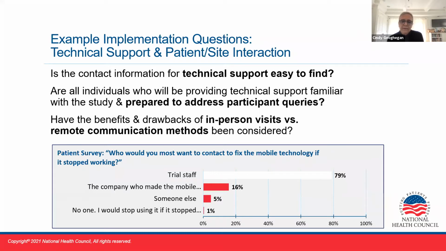And so it's important that we lay out these expectations, that they have a contact information person to find. They wanted the person available 24/7. If that's not going to be the case, we need to tell them. And we need people that are prepared to answer the participants' queries. Again, people that might understand the disease or the context of the trial that people are in, and not just be able to tell them they forgot to plug it in, or if you turn it off and you turn it on. It's like we need people who can support the participants when they need the support. Next slide.